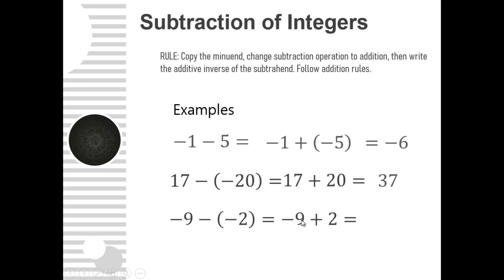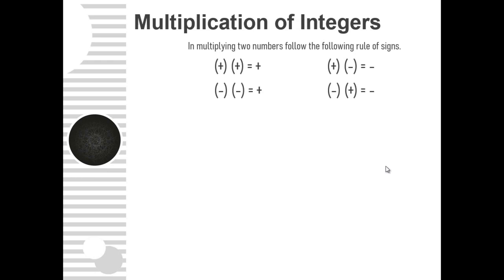Different signs, so 9 minus 2, that's negative 7. Okay. So, that's subtraction of integers. If you're a bit confused in this part, you can always go back and watch the video again. For multiplication of